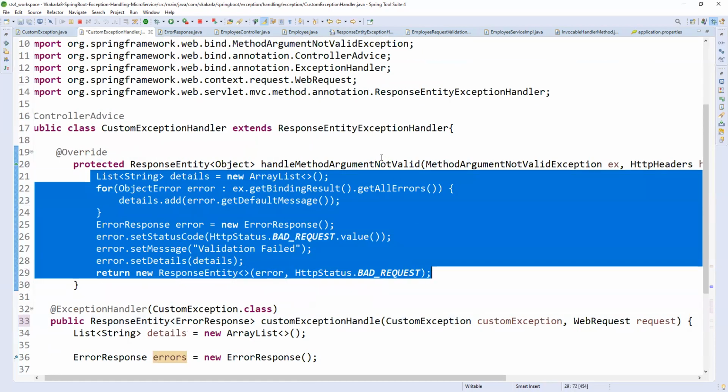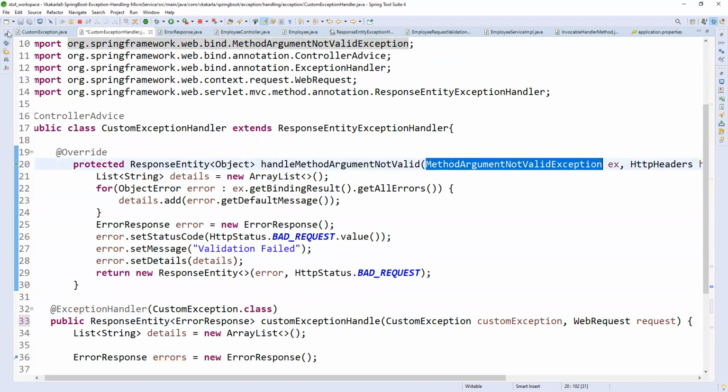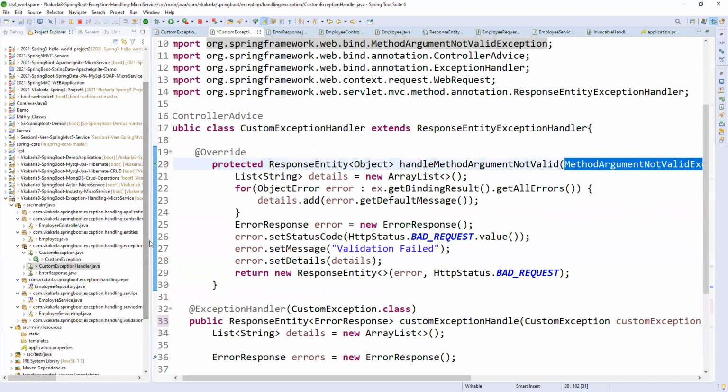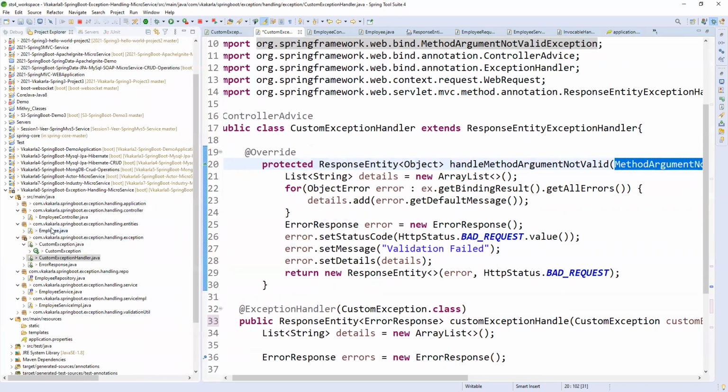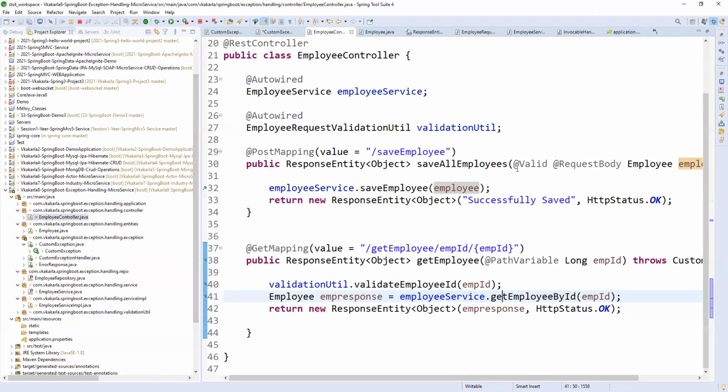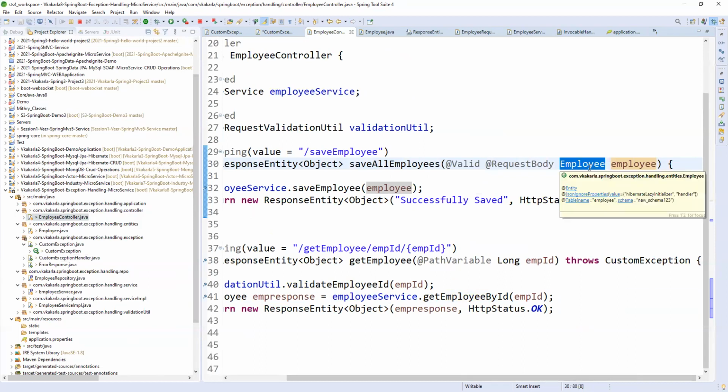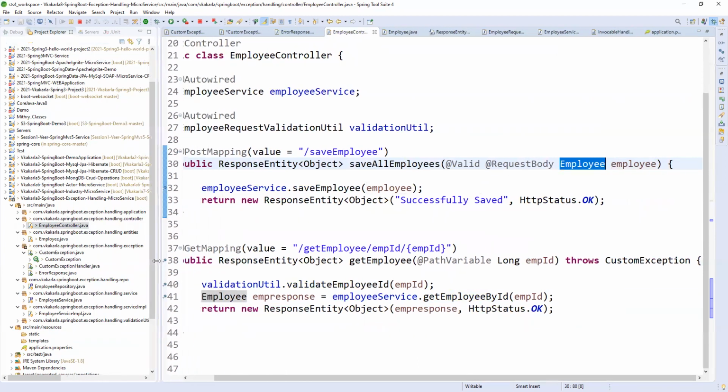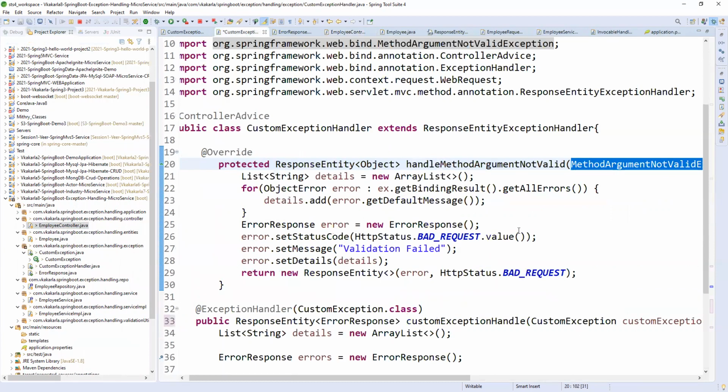As part of this method, arguments null or empty: whenever you are not passing the mandatory fields of this method, automatically @Valid will check the request body object. If the object doesn't have any values, it will throw directly. We no need to throw; the framework will handle it. So here we don't need to create a custom exception. The framework directly handles MethodArgumentNotValidException, so it comes directly here.